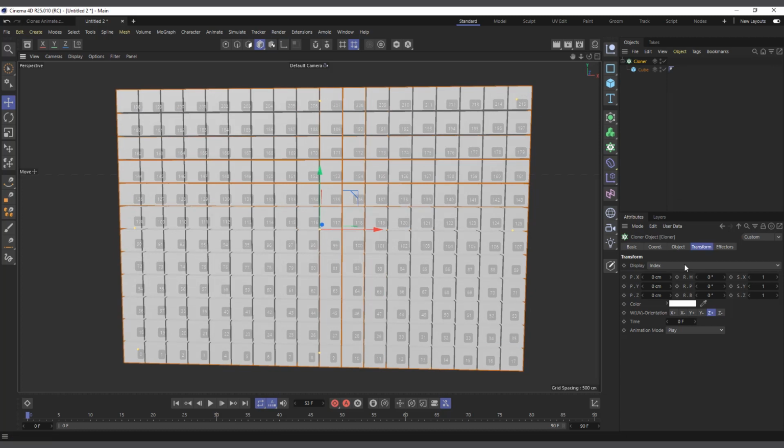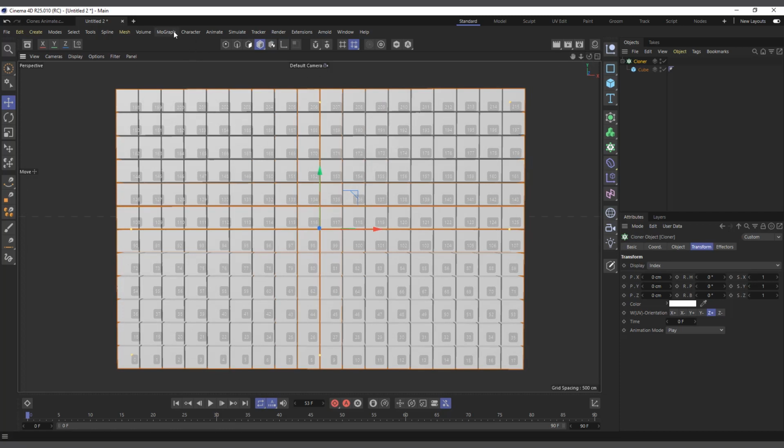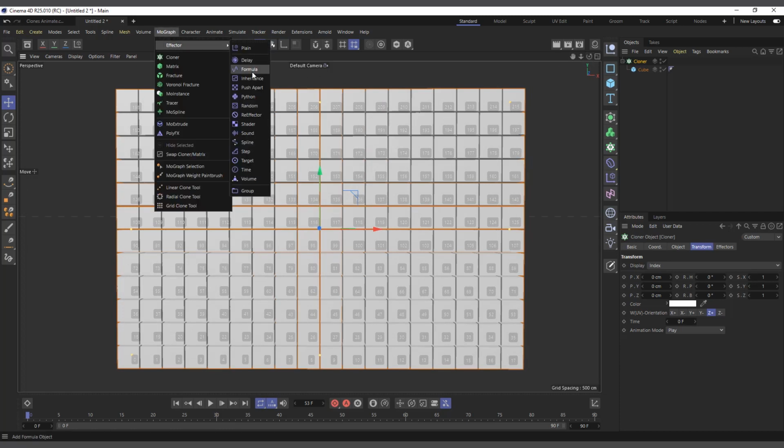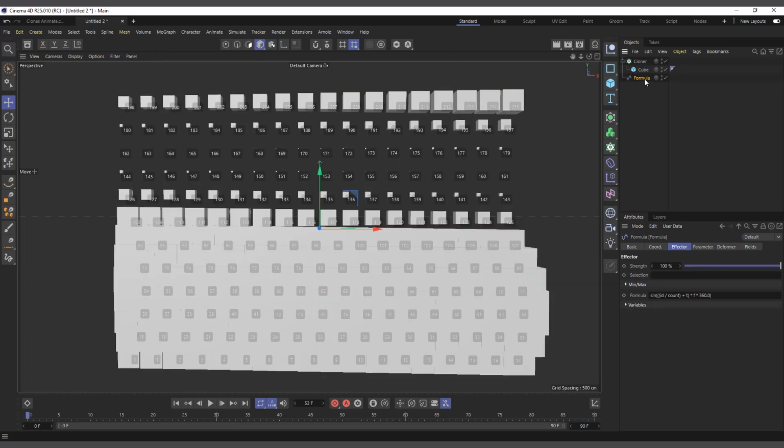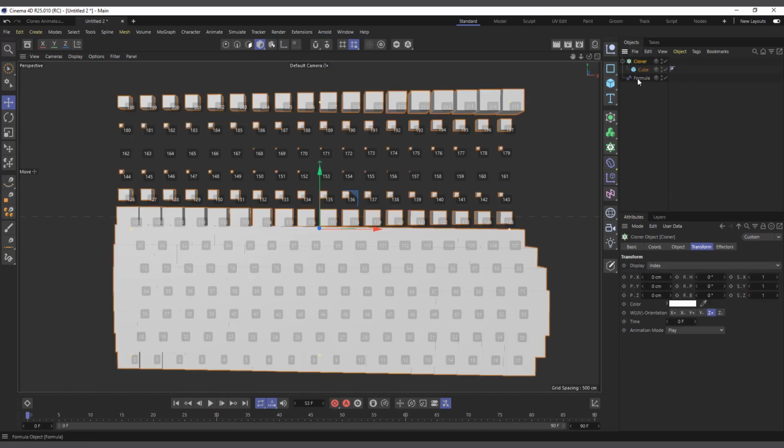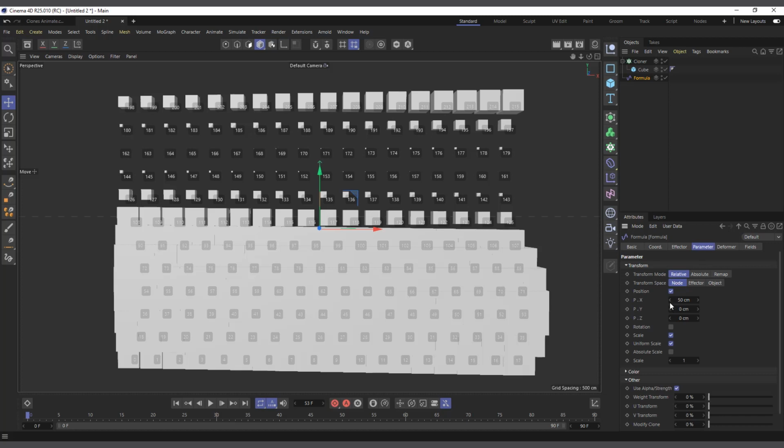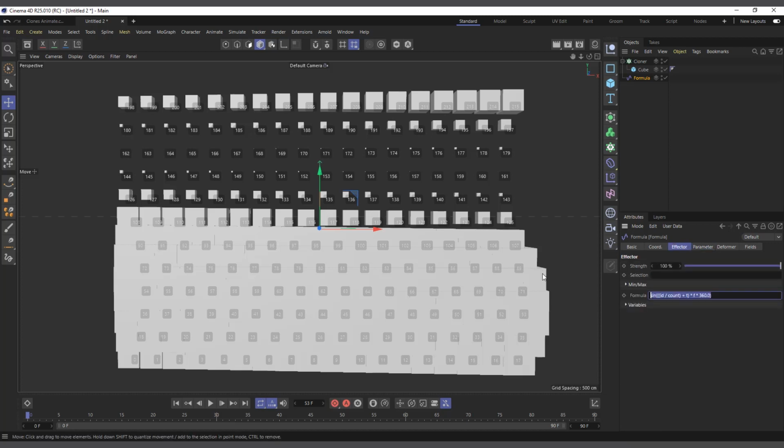And then you can also set it to, let's see, so with this one, for instance, the index is, for instance, you can actually come to Mograph effector, use the formula effector, and isolate one particular clone so that you can actually move it or rotate it or scale it anyway. So now you see there's a formula in here. You can actually clear the formula